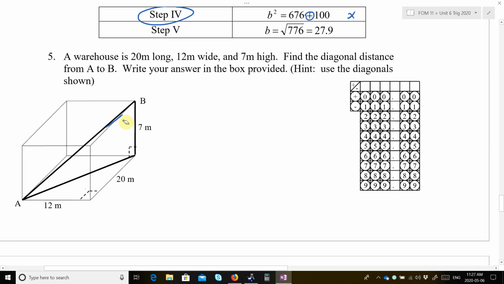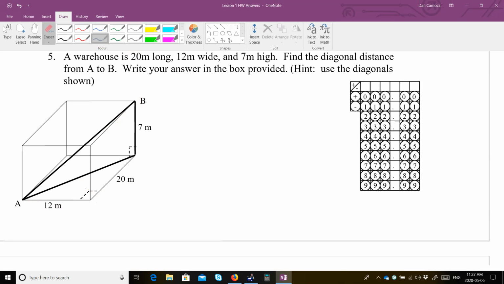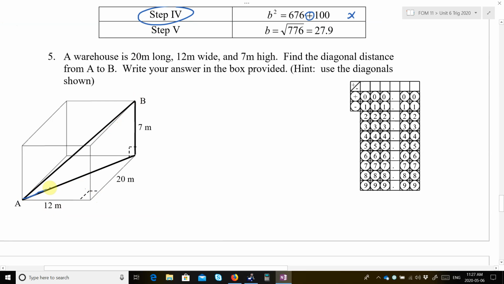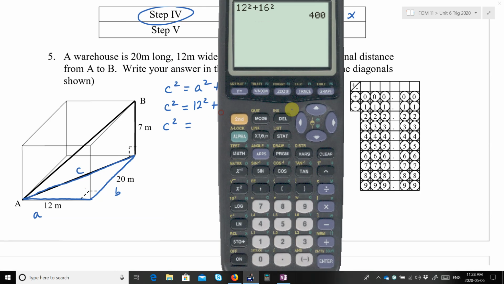So, for starters, we need to work in this triangle. And as mentioned, this is across from the 90, so it's C, and there's A and B. So I would go C squared is equal to A squared plus B squared. C squared is equal to 12 squared plus 20 squared. So C squared is equal to